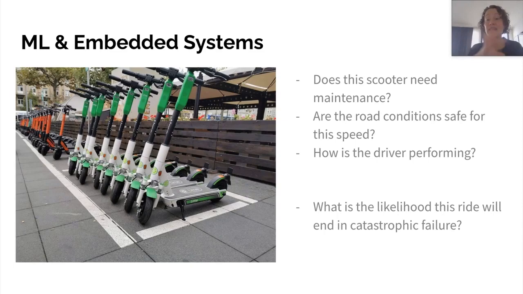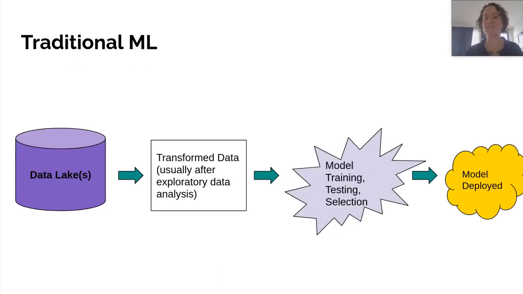And when we think about it on the edge or with embedded small systems, this often becomes a problem because traditional machine learning needs quite a lot of extra information to answer these questions. And so let's take a look at a traditional machine learning system and investigate how it might go about collecting this data and answering this question.